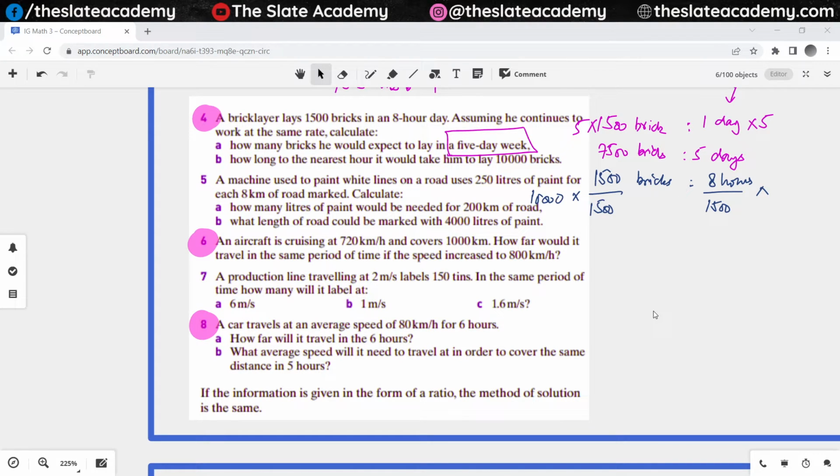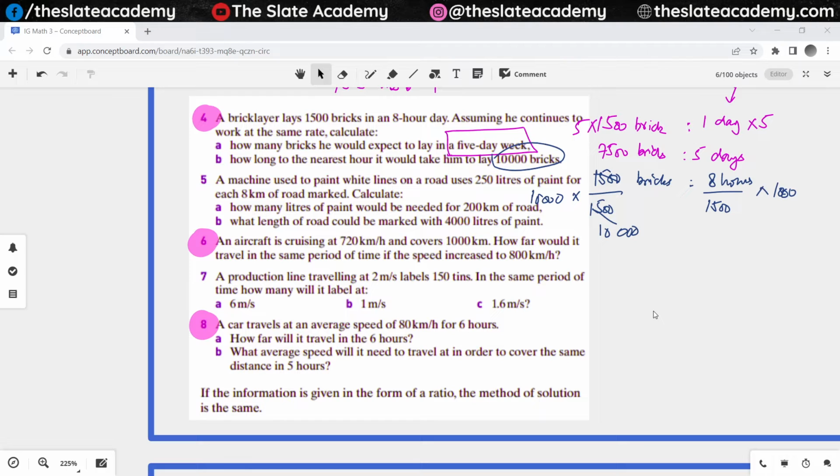So what number we are dividing and multiplying with depends on the quantity that we have to find out for. Here the given quantity is 10,000. So we have to make the number of bricks 10,000, and in order to do that, we will be multiplying and dividing the brick side with a particular number, and the other side would automatically get multiplied and divided by that number. So this would give me 10,000 bricks on the left hand side,